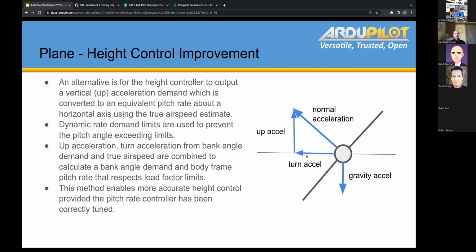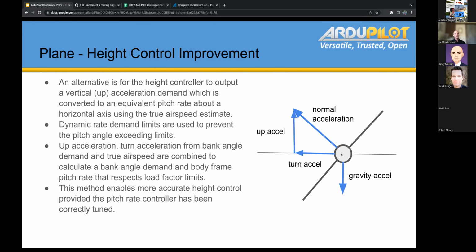And you'll have a component of that horizontally. That's the component that pulls the aircraft in the turn or pulls it towards the turn. And then you've got the up component, which has to counteract gravity. And there's simple equations that enable you to define that. The problem we have is that pitch angle, because we use Euler angles for